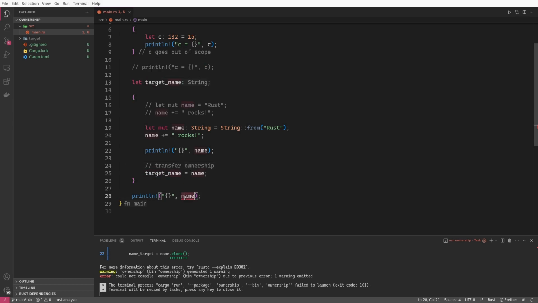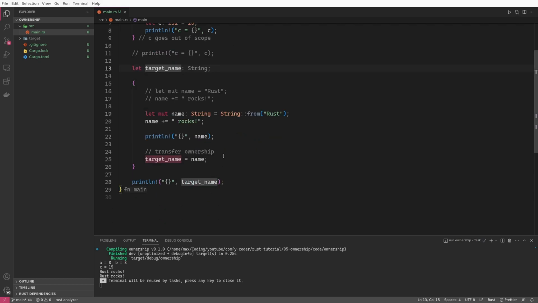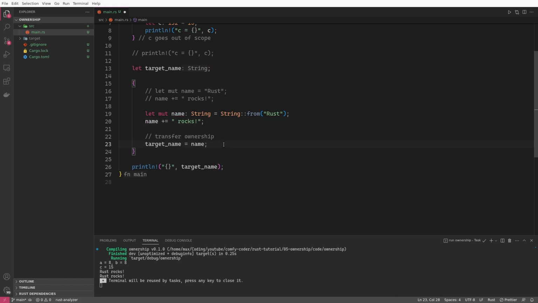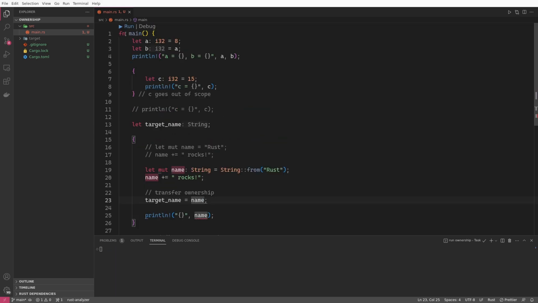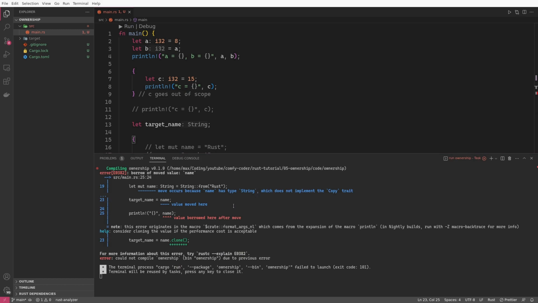Now, outside of the scope, we can now use target name because it is defined in the outer scope, and you will see that this runs perfectly. However, because we've now transferred ownership, at this point we can no longer use name after ownership has been transferred, because name now no longer is the owner of this data Rust and therefore can no longer use it. So let us just run this,